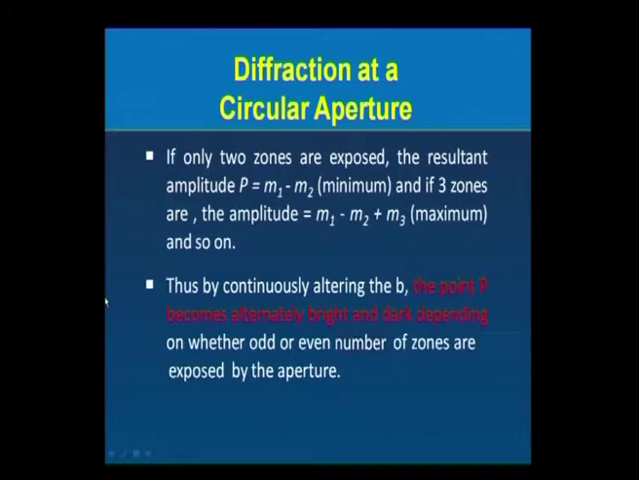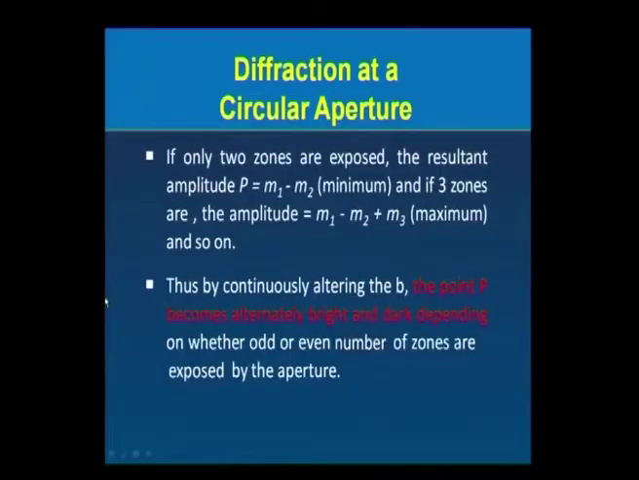You take the resultant displacement and square it. Now, here you have M1 and M3 to be added to each other. Therefore, the resultant will be maximum, whereas here it is M1 minus M2, so it will be a minimum. If the hole is such that it allows light to pass through 2 half period zones, it will lead to a minimum intensity, whereas if the dimension of the aperture is equivalent to 3 half period zones, then the displacement will be M1 minus M2 plus M3, that will be maximum, giving rise